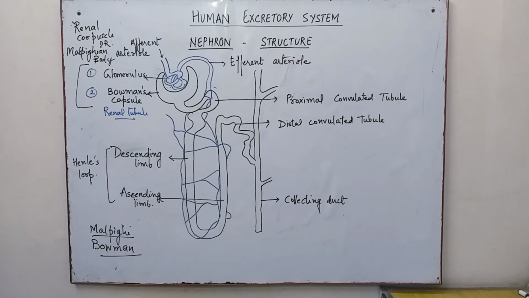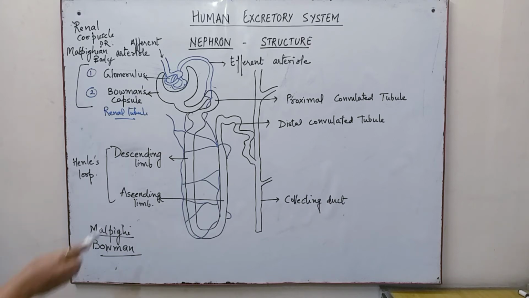So in the PCT, we find cuboidal epithelial cells which are of the brush border type. This PCT actually helps in filtration, and we'll be studying the tubular system in detail later. We are studying the anatomy of the nephron in general. The PCT